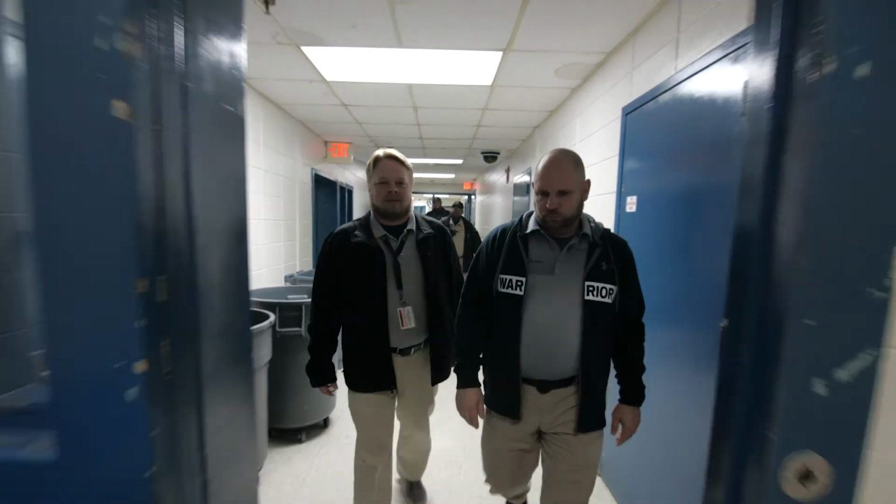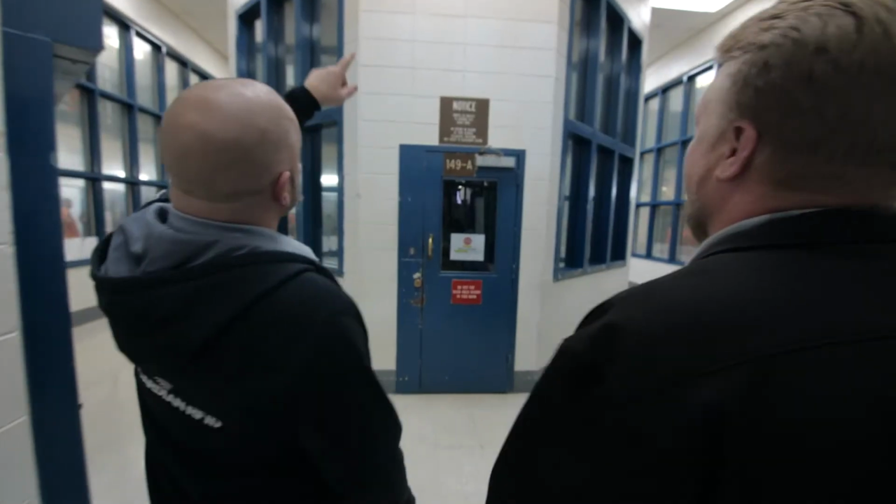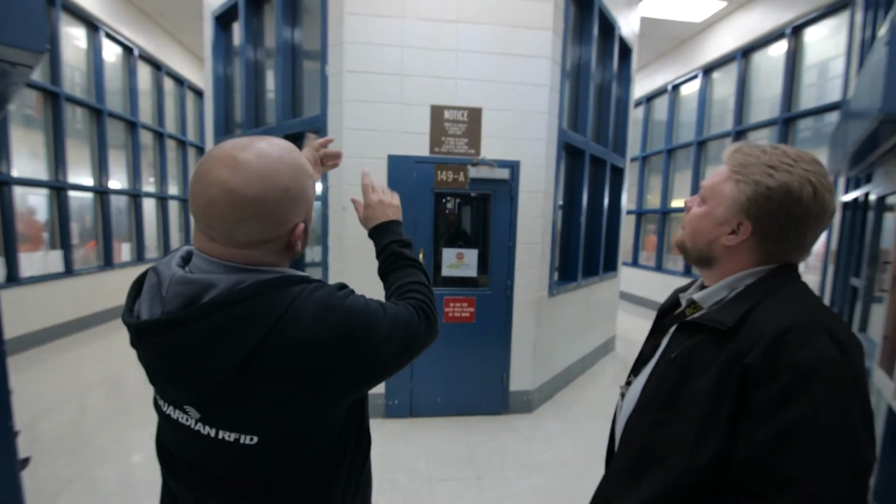We highly recommend that your facility has Wi-Fi coverage when deploying Guardian RFID. However, it's not required. There are smart ways of deploying Wi-Fi if not already in your facility. There's no need for wall-to-wall coverage. At the very least, we suggest having pockets of coverage in the areas where your officers and staff most frequently